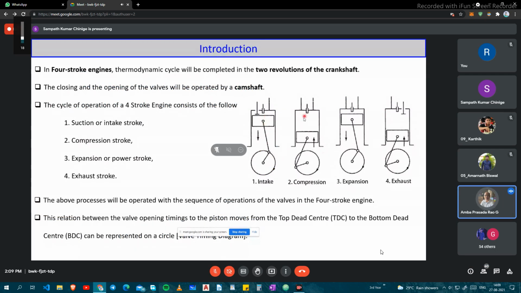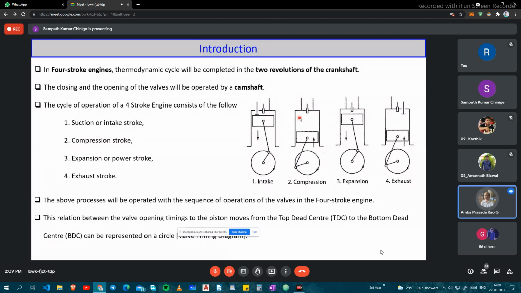The piston is descending, very similar to how blood is drawn from a vein in a pathology laboratory. You create a partial suction or vacuum to draw the blood from the vein into the syringe. Likewise, the piston movement acts like a syringe piston. So the charge, which is only air, is drawn in. When the piston starts moving from bottom center to top dead center, the air slowly gets compressed.